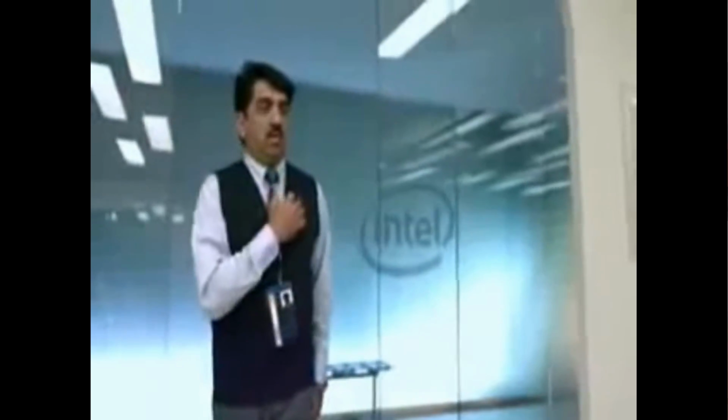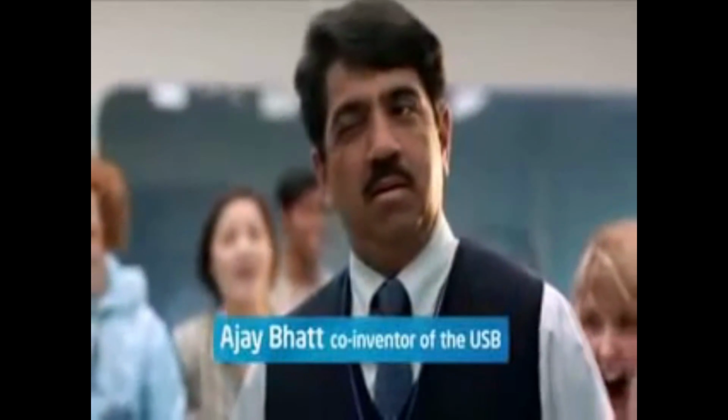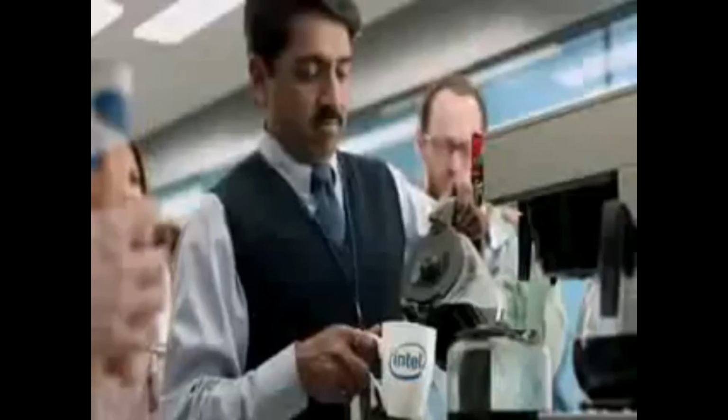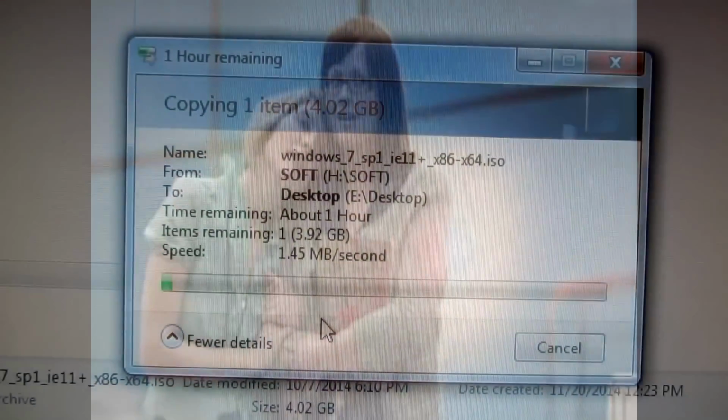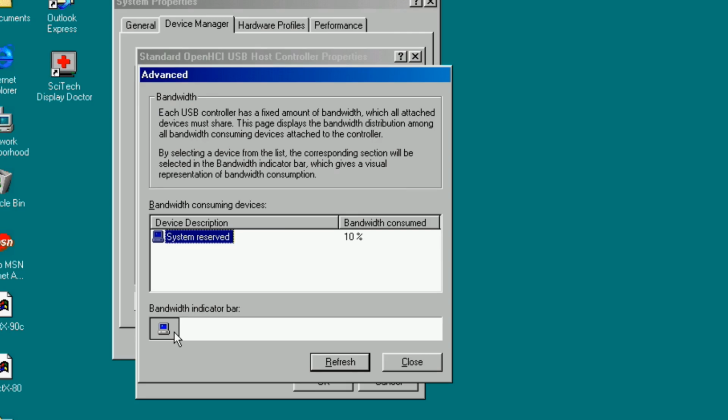One of the team members working on this was AJ Bhatt, working at Intel, who then produced the first USB integrated circuits in 1995. This original specification had a standard data rate of 1.5 megabits per second up to 12 megabits per second, and was supported by Windows 95 Service Pack 2, but it took a few years before USB started to become